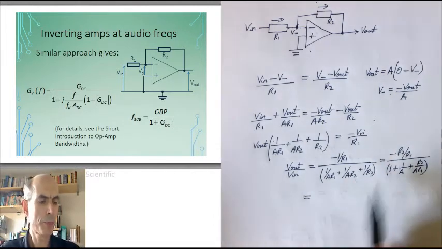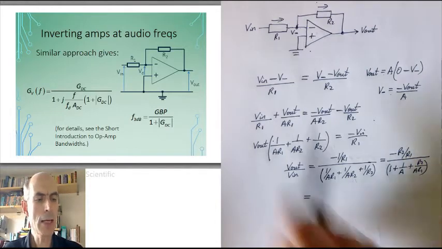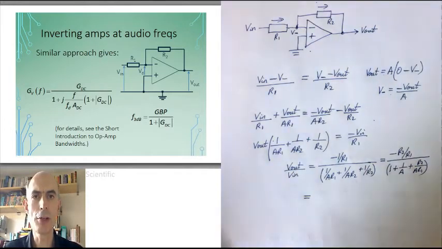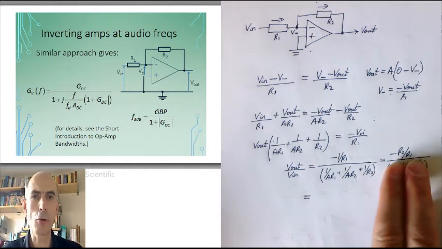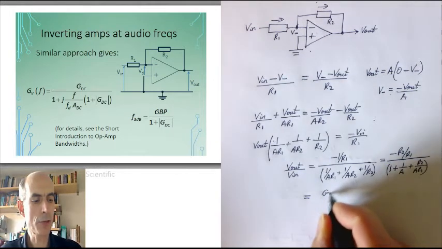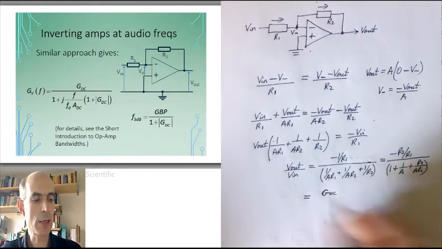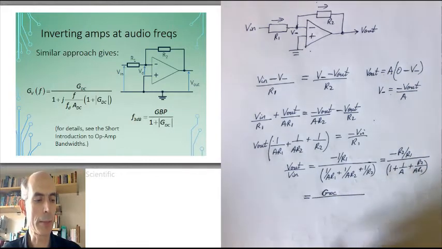And I've done that because minus R2 over R1 is the gain of this amplifier at DC, at low frequencies. That's the formula that we've calculated before for the gain of an inverting amplifier. So I could just write that as the gain at DC, minus R2 over R1, divided by